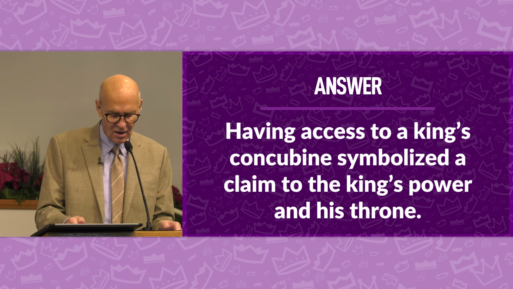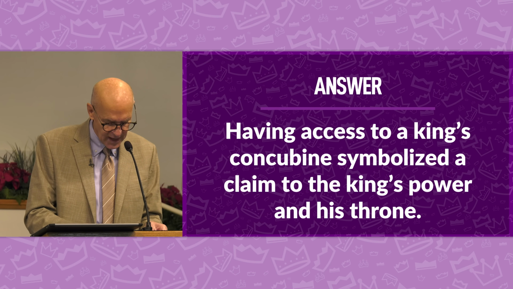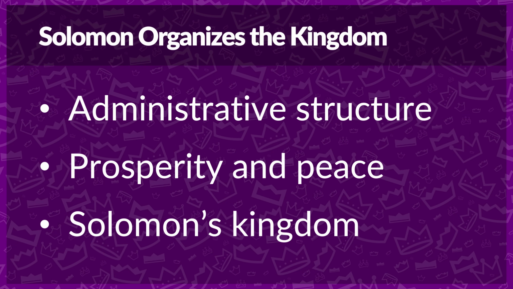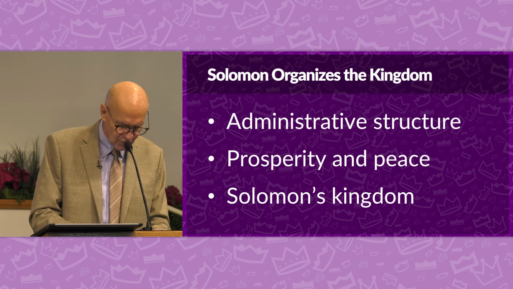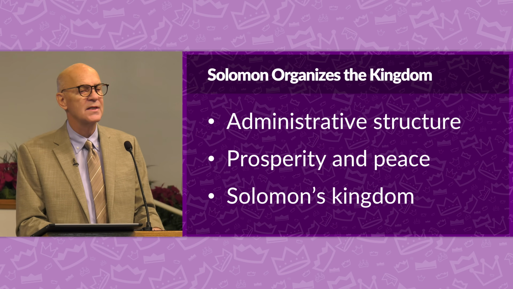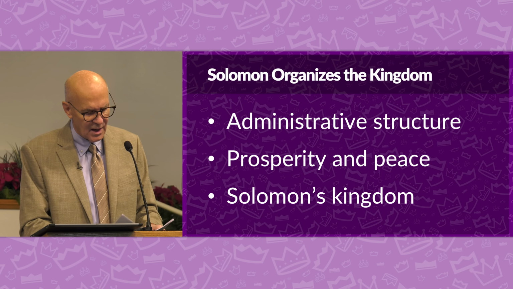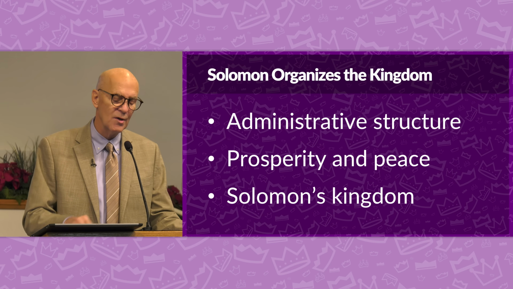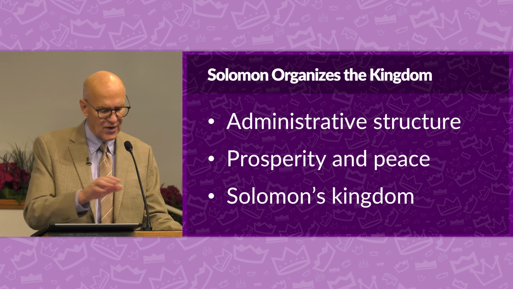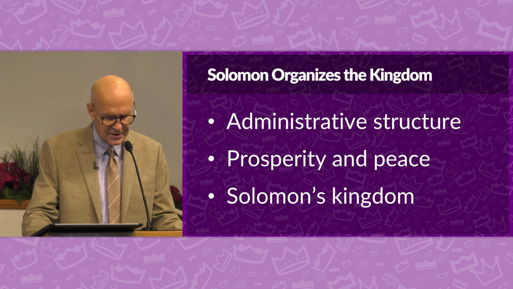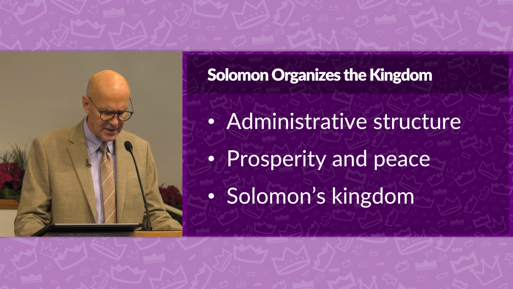The next section of 1 Kings, chapters 4 to 8, deal with the building of the temple. This chapter lays the groundwork for Solomon's successful reign. Solomon, known for his wisdom, organizes his kingdom in a very efficient manner. He has an administrative structure. He appoints officials to manage various regions of Israel and oversee government functions, ensuring stability and prosperity.